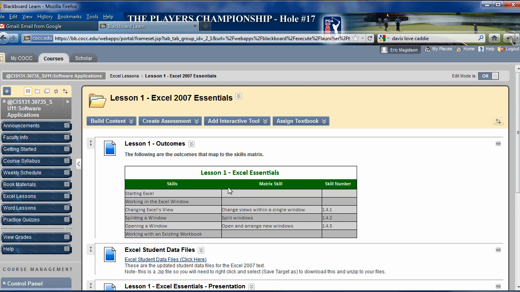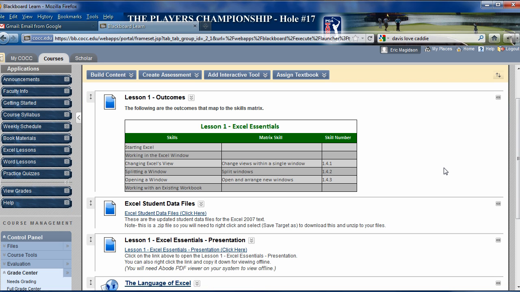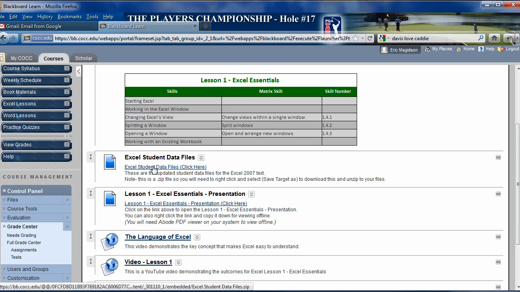It contains a chart of the outcomes, what you're going to be expected to demonstrate via the homework and/or quizzes. Here is the Excel student data files. This is a zip file, so this includes all of the Excel files you're going to need to complete the Excel portion of this class. So you're going to want to download this, unzip it, because remember you cannot use the files in zipped format. It gives them to you only as read-only. So when you go to try to save the homework, it's going to say, I can't save it. Make sure you unzip it, save it to a thumb drive, save it to your computer